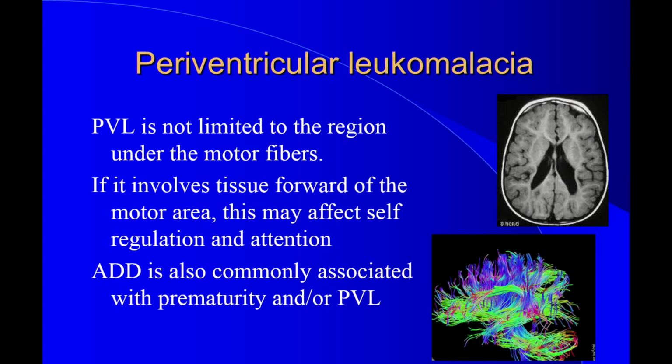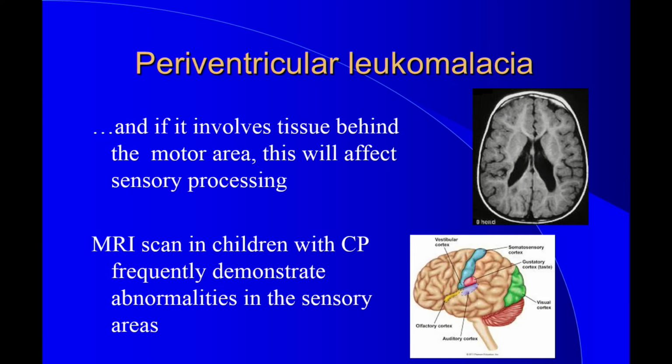And you could have the ADD without the CP, or you could have it concurrent with the CP, which is what we are dealing with frequently in the CP clinic. And if the tissue's in the back, as it frequently is, abnormal tissue in the back, as we see all the time, just looking at these scans over decades, you get to appreciate that the motor system may actually be less often involved. We haven't been doing good measurements of that fact, but by just scanning these scans over the years, there's very often fairly profound PVL underlying the sensory areas of the brain.